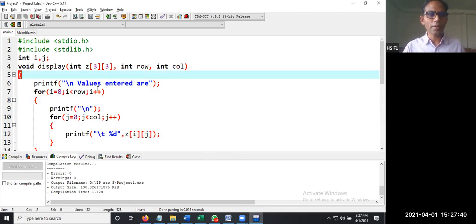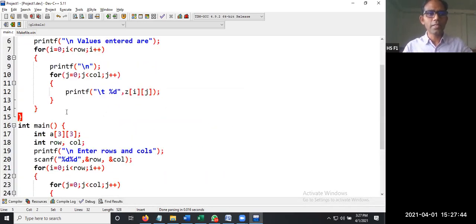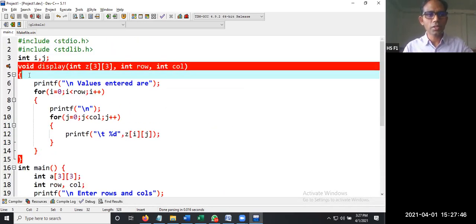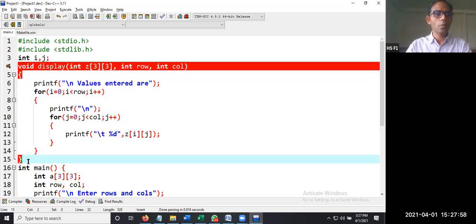Now let us write one function for reading a value. This is how you are going to display using a function. You can also write similarly a function for reading, call that once for A, call that once for B, display once for A, display once for B. I'll show you, just wait. We are having time.